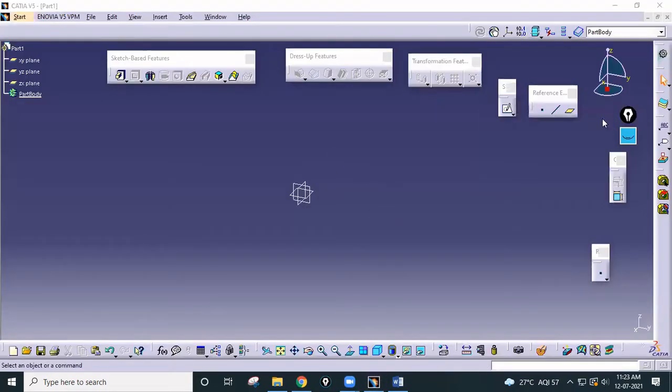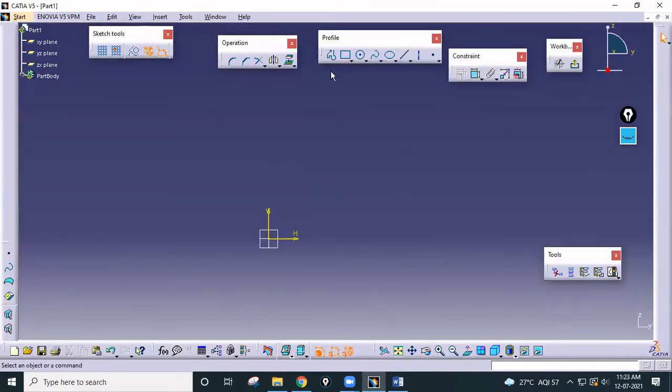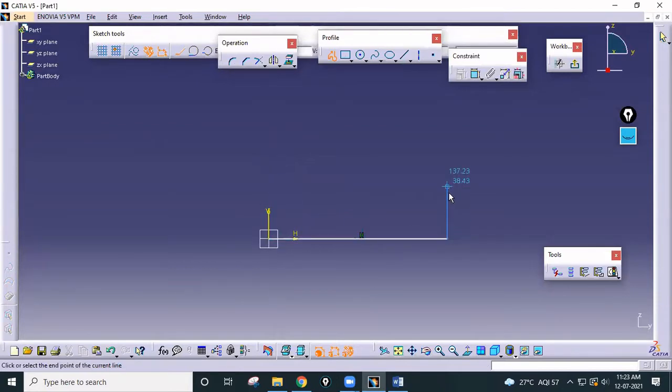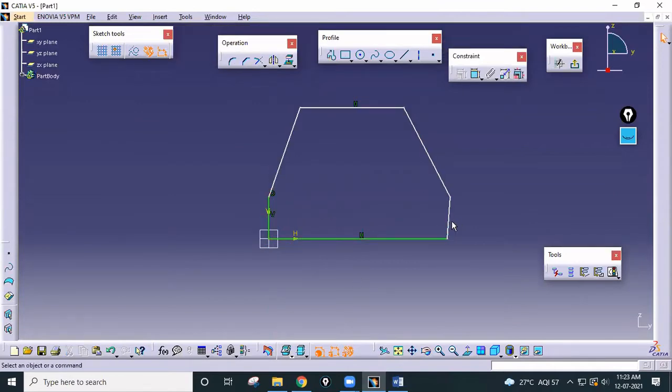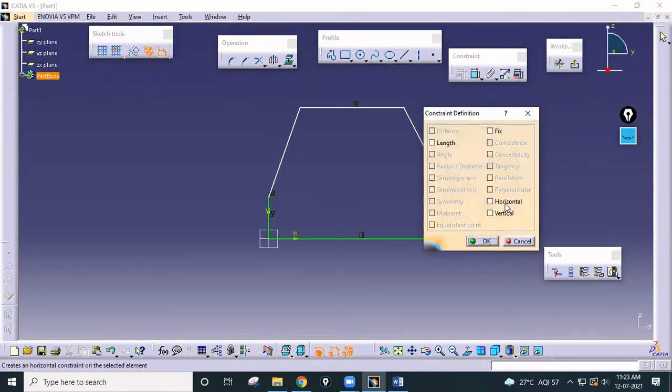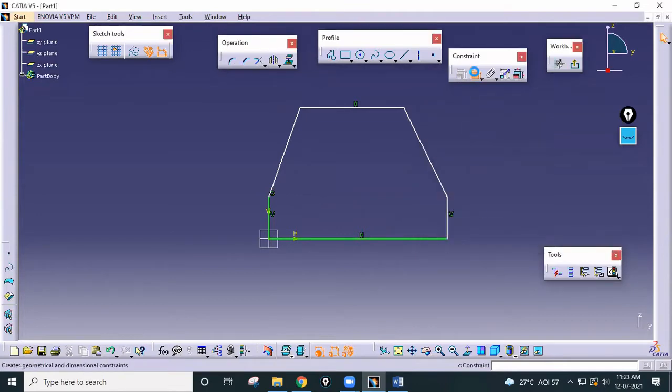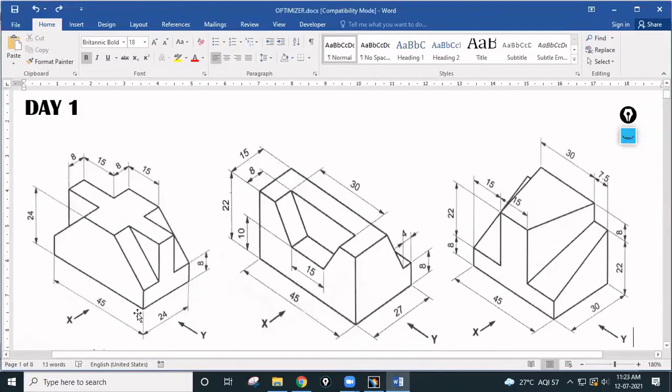Go to Start, select this plane. As I already told you, always start from the origin. Draw the first cross section. This line should be vertical, so make it vertical, and then give the dimensions. Total length is 45, total height is 24, this height is 8, and this middle part is 15.